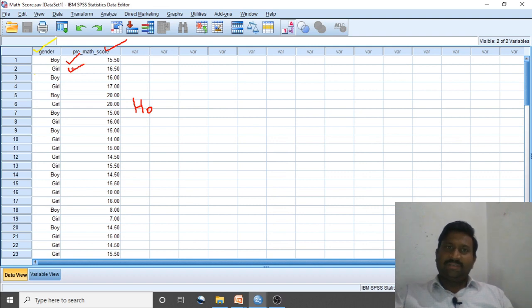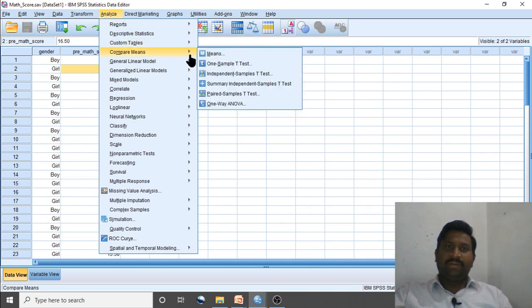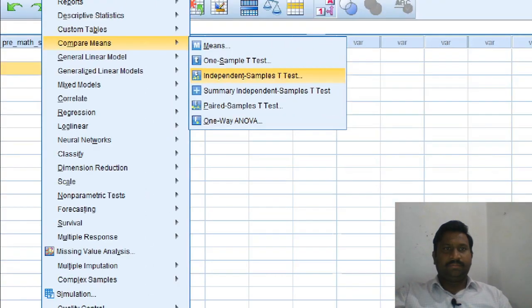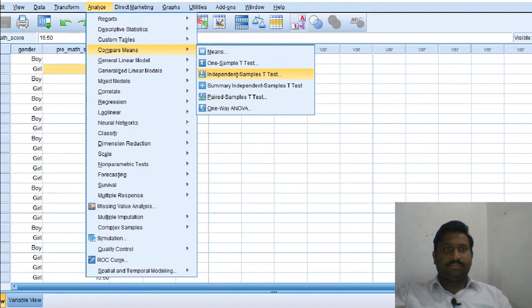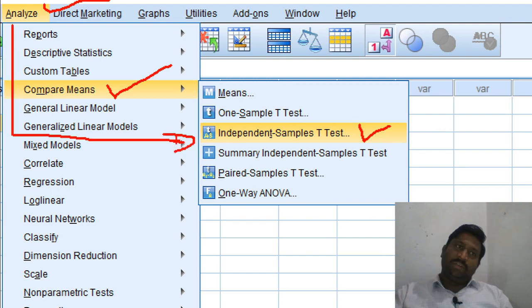For this purpose, as we know, we need to click on Analyze. Analyze, Compare Means, Independent Sample t-test. The flow of clicks will be like this.